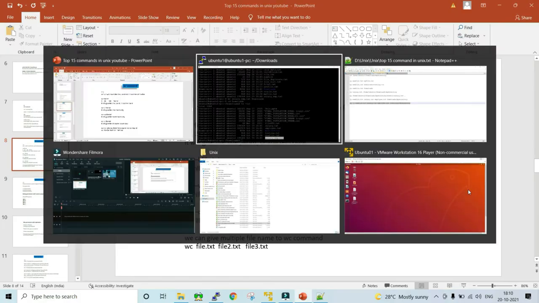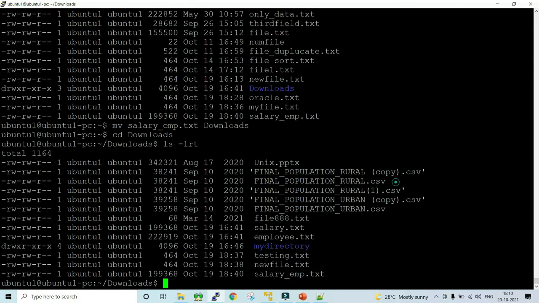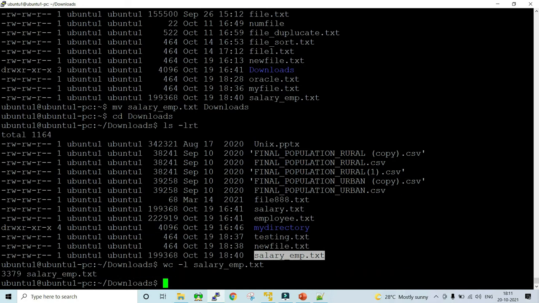So why is this command used? If we want to calculate the number of lines, number of words or the number of characters of a file, then this wc command is used. Let's suppose that I give wc -l, a space, and the name of the file. It will give you the number of lines available in this file.